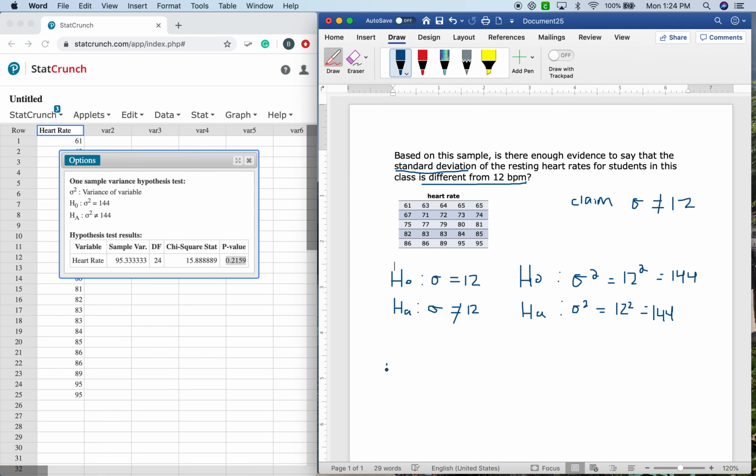So p equals 0.2159, which again is greater than, say our alpha value is 0.05. If you don't have one, you can just say it's 0.05. So we're going to say our alpha is 0.05. Even if it was 0.1, it would still be greater than that. So p greater than alpha,